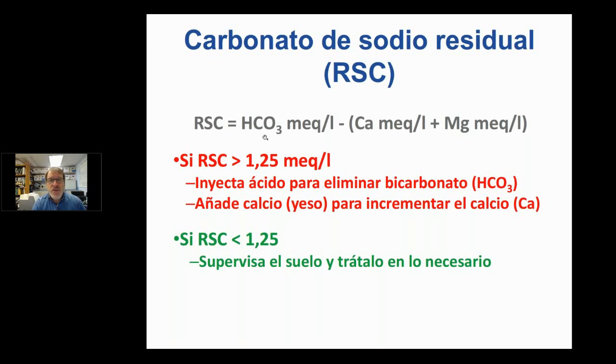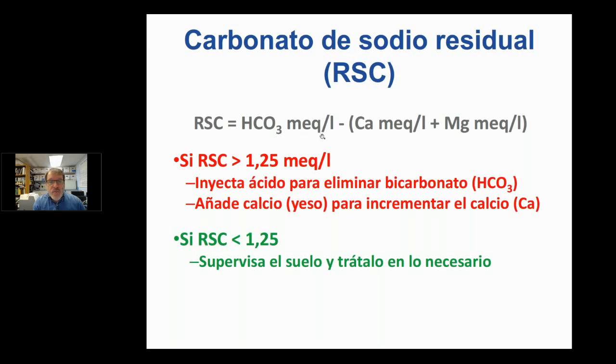It's really just residual carbonate, but that residual carbonate will then interact with the soil particles and pull calcium and magnesium off the soil particles. And then the replacement is, of course, sodium. So this is the situation: you want to make sure that your residual sodium carbonate is less than 1.25, and to do that you can inject acid